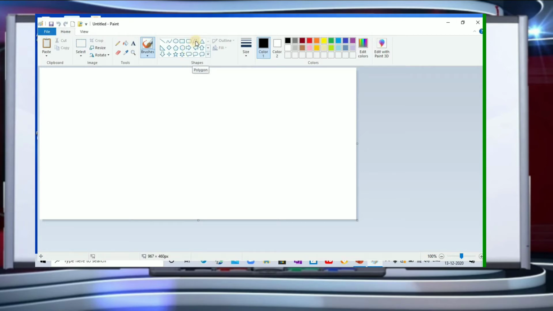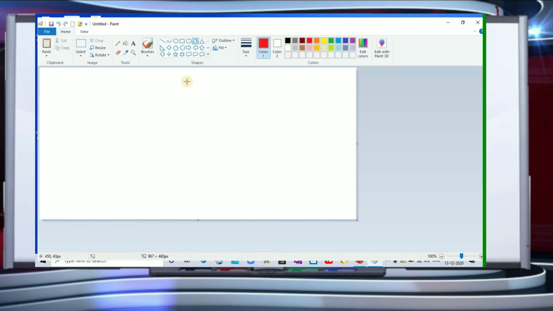Here is the polygon tool. You can click on the polygon tool, and the most important thing is that you can select the outline of this tool also. For that you can go to the size and click here. In the drop down menu you will find the thickness, whichever you want you can pick up. Suppose I want this thickness, I'm going to take this thickness, right? So I can use a color also, maybe a red color for this. So I got color 1.